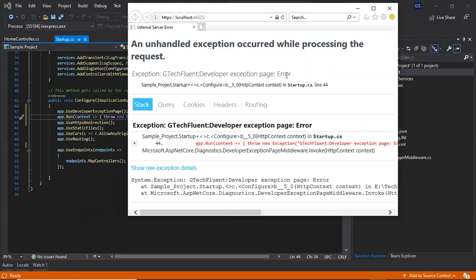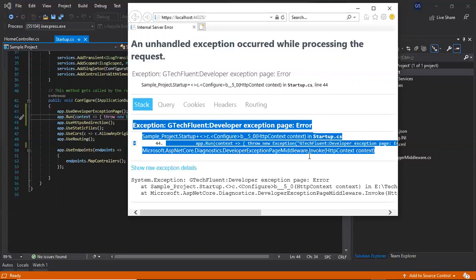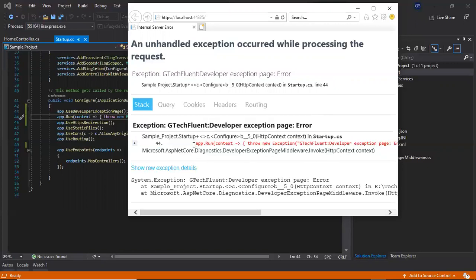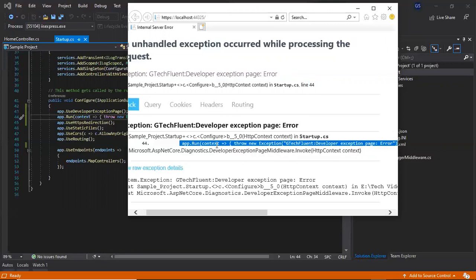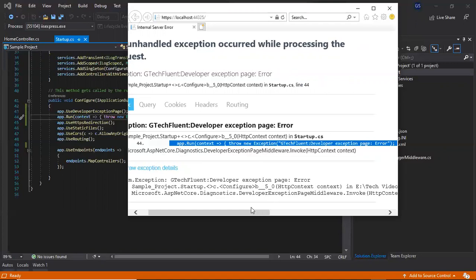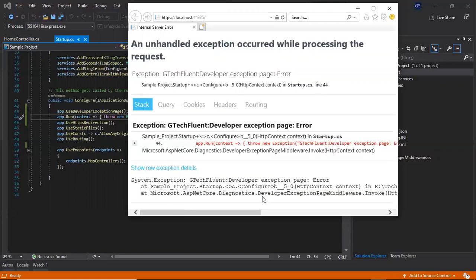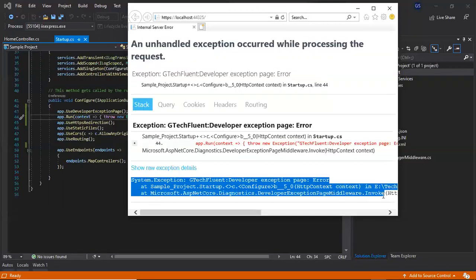It shows the location where the exception actually occurs. If you see in the Startup file, line number 44, it will give the detail about the code where the exception occurred. If you see the app.Run code here, it is showing the error, and below that we have the full stack information about the exception.